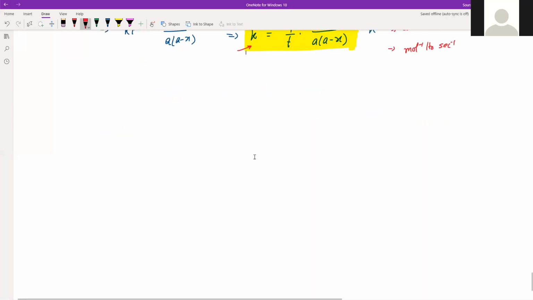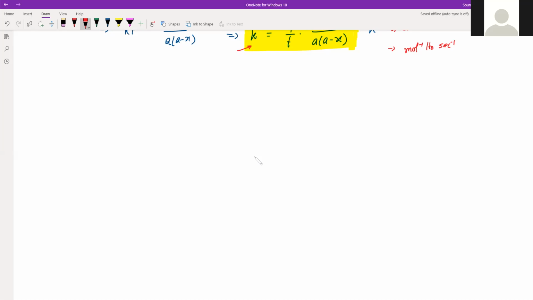So apart from this, I think here the two important things are the first order reaction and the zero order reaction. The expressions for that are very important. In zero order reaction, the rate is independent of concentration. Rate constant is not independent of concentration. In fact, rate constant is equal to rate in zero order reaction. And in first order reaction, we have seen that logarithmic relation. So that is the unit, that is the rate constant in first order reaction.